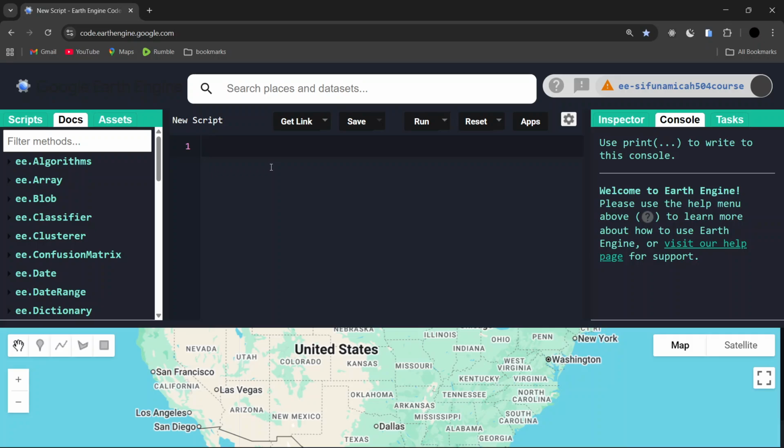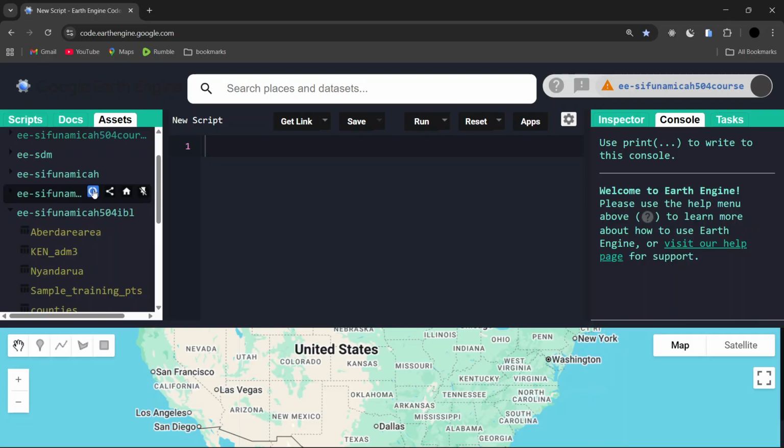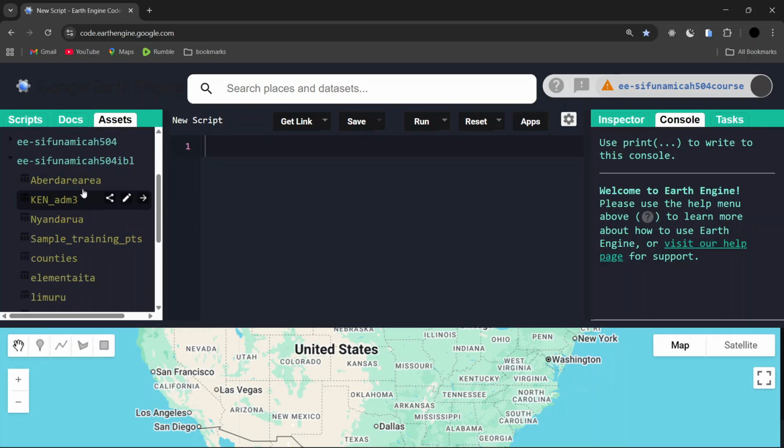So to get started, first of all, you need to open up Google Earth Engine. You need to have created an account for Google Earth Engine, and you are ready to go. First things first, you need to export your shapefile, that is the shapefile for the Aberdares. I have my shapefile here. I will share the link in the description so that you can also follow along. So here is the Aberdare. I'm just going to click on import to script, and this is going to import it here